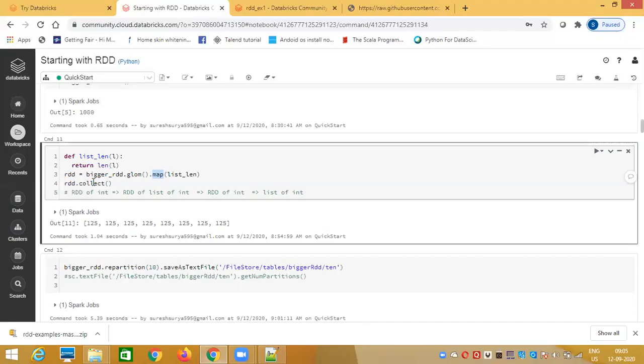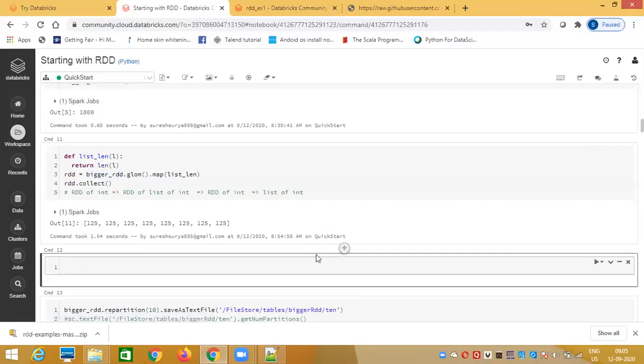Now the bigger_RDD will have 8 partitions only, right? Exactly. If you do bigger_RDD.getNumPartitions, it will give 8, correct? 8, exactly. If we don't use that repartition 10, how many files will be created from bigger RDD?